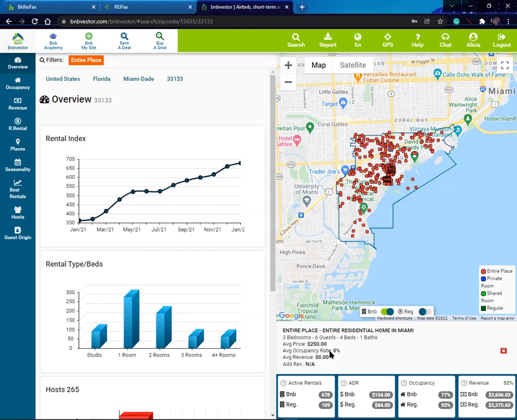Let's take another one. Maybe this one hasn't been in Airbnb too much, and that's why it still doesn't have any data for that. So let's take another one. I clicked on another little dot, and that took me to entire place, entire townhouse in Miami, 3 bedrooms, 7 guests, 5 beds, 2.5 bathrooms, average price $298, average occupancy 93%, at revenue